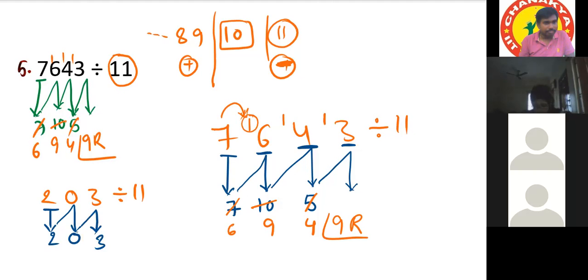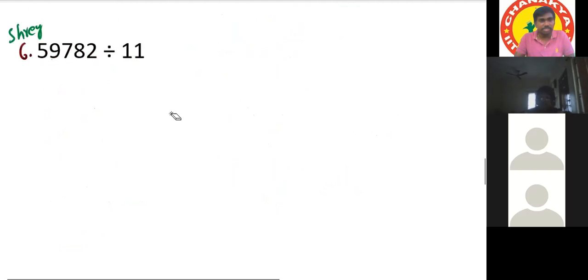Directly, sir, because when I'm checking the answers, they are a little different. That is what I'm telling. If you are getting 0 here, then it is very easy because you can subtract 0 from any number. Directly that number will be dropped down. If you get 0 here, directly the next digit will be dropped down. Okay, then Shreyasi, proceed.